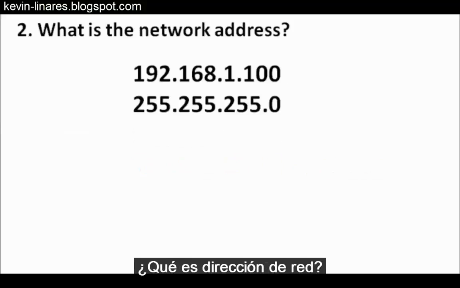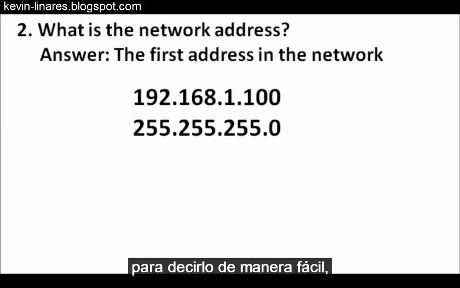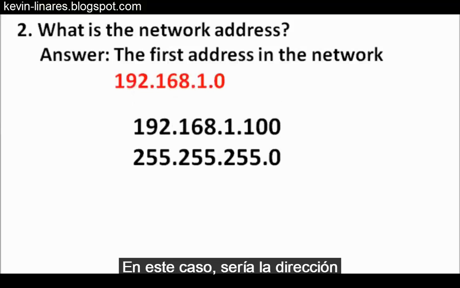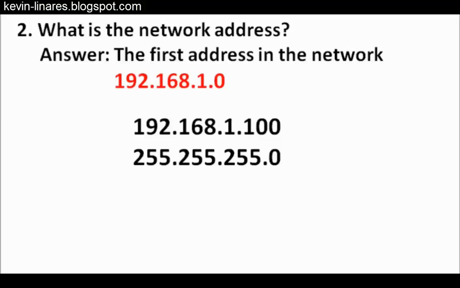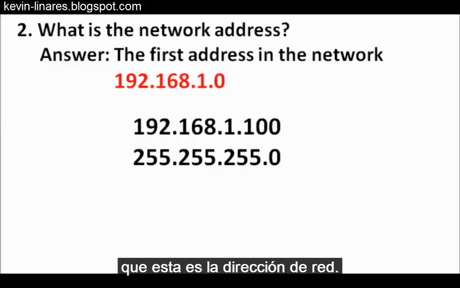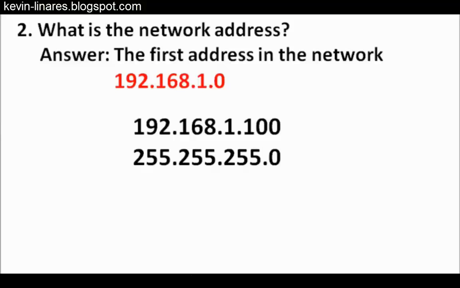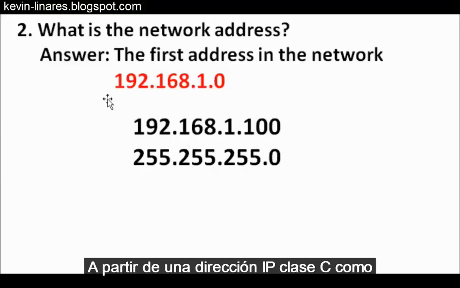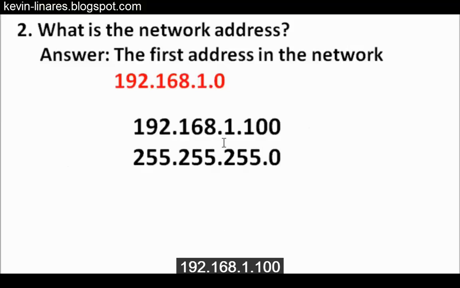What is the network address? First off, the network address, to put a simple answer on it, is the first address in the network. So in this case, that would be the address 192.168.1.0. Now you might have assumed correctly that this is the network address, given a classful Class C IP address like 192.168.1.100 and a classful subnet mask of 255.255.255.0, and you would be correct. The network address is